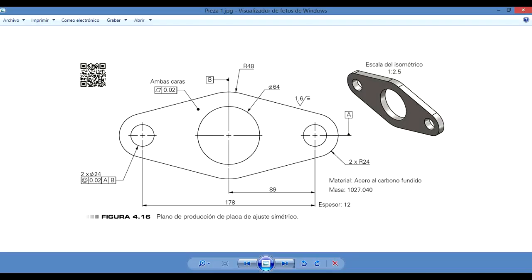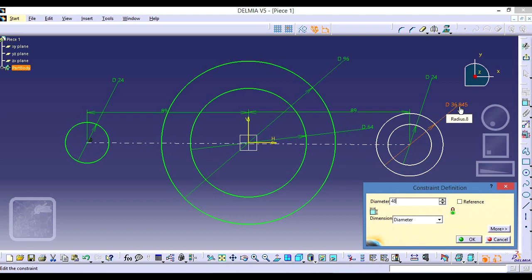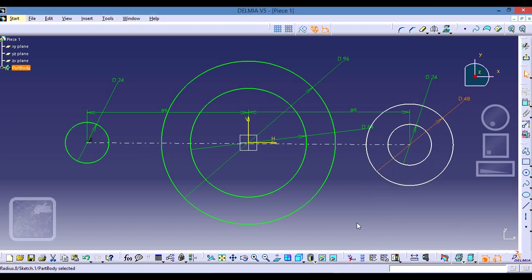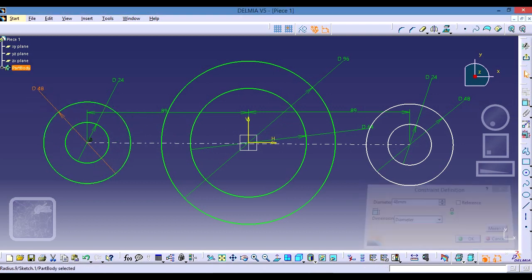And let's remember 24 radius, so the diameter is going to be 48. I'm going to do the same on the other side, in the opposite direction. 48. Okay, now